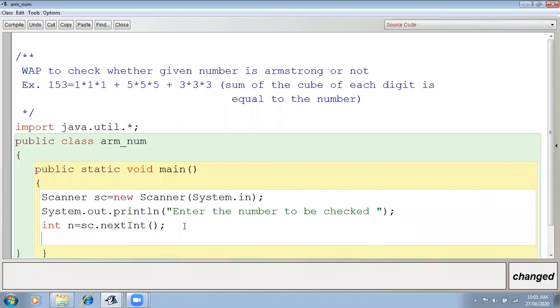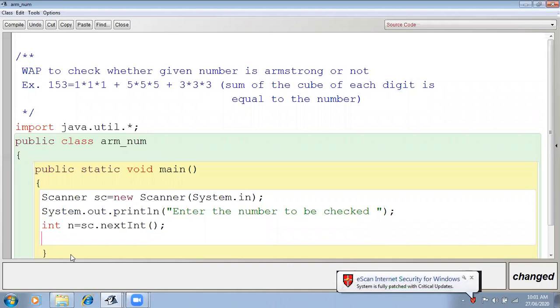Now after the input, according to the logic, what do I have to perform? I will separate the digits. How will I separate the digits? It is very easy. By using the for loop also you can do it, but preferably you should do it by using the while loop.